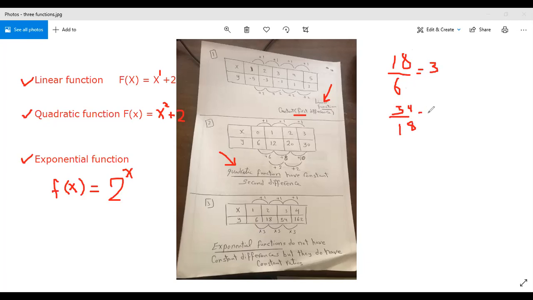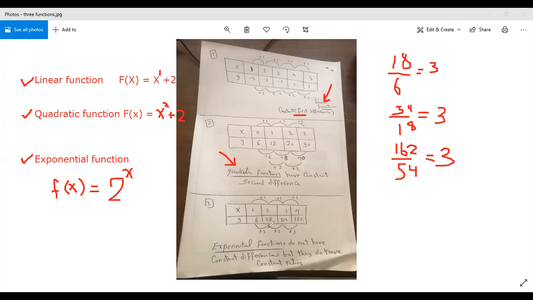It will be how many? 3. And 162 divided by 54 will be equal to 3. Right? Then to move from one y coordinate to the next,